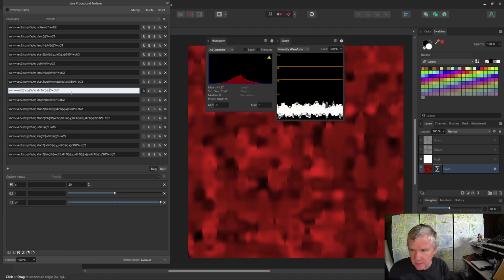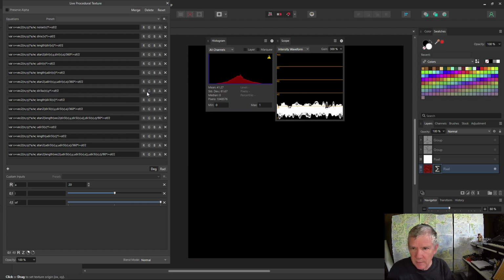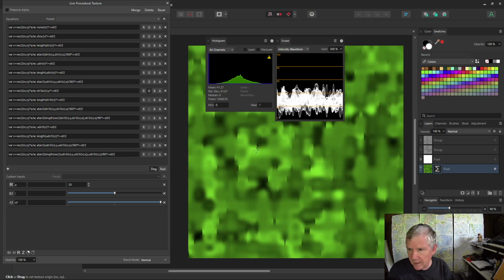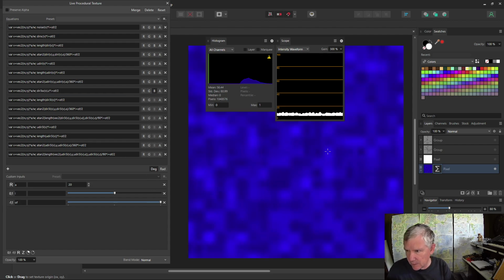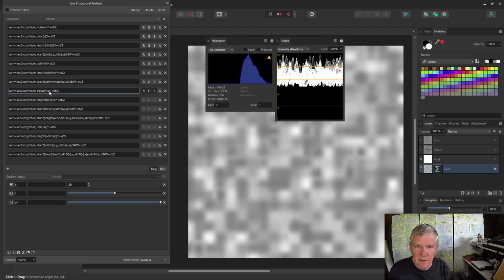If I change this to look at just the X component, I see I have these vertical lines here. If I switch over to the Y component, I'll just put that on the green channel. That has the vertical lines. And then I'll look at the Z component. The Z component does not have the vertical lines. So the other two components have these vertical lines